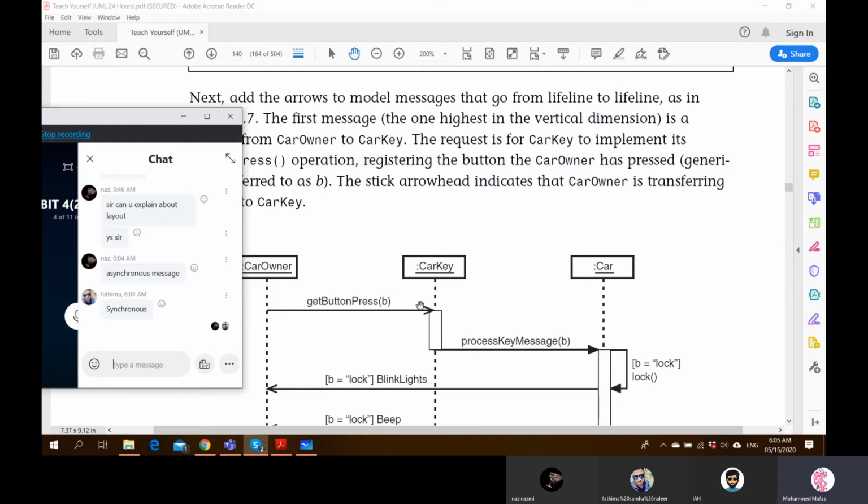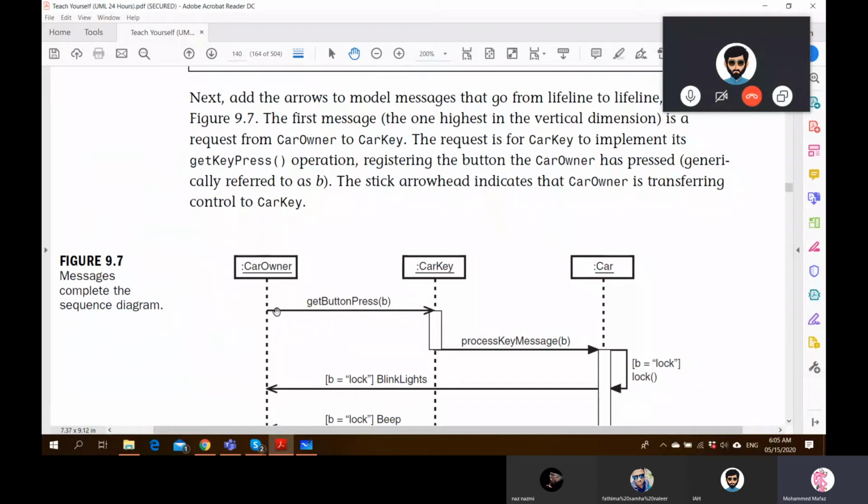One way message. Remember the arrowhead, right? So what Nashat mentioned is correct. We are sending a message, not expecting anything from the car key. Basically, keep in mind, car owner is sending a message to car key whose method is get button press. Get button press is a method of car key.